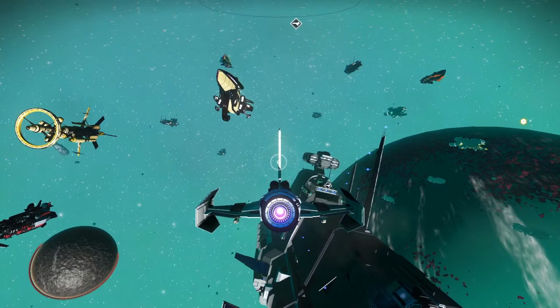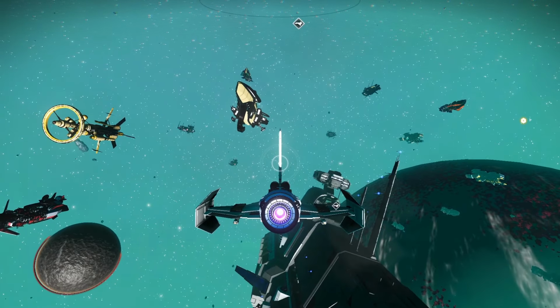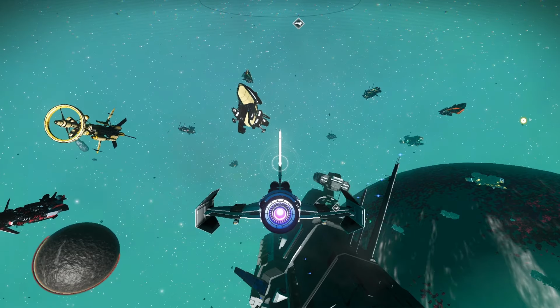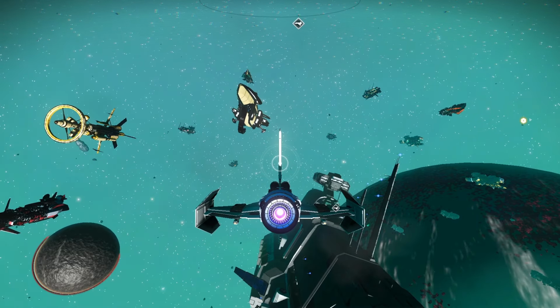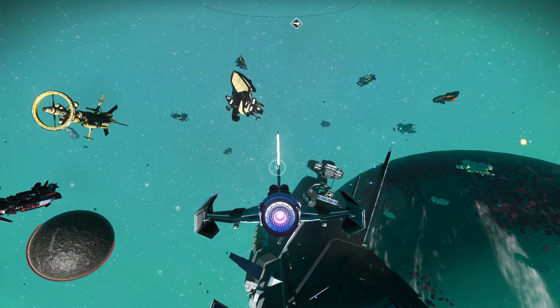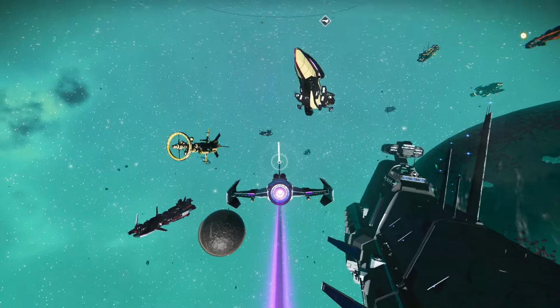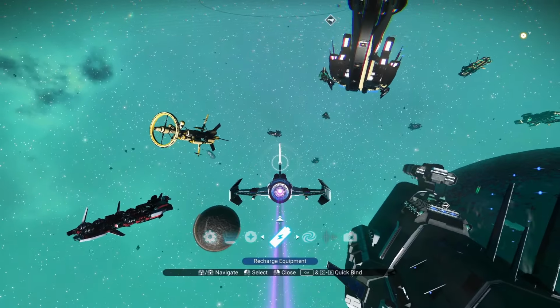Another cool thing too, if you're playing with your friends and you're at their base, you can call in your fleet and you'll actually see the fleet in the air above wherever your friend's base is or wherever you are. So it's really cool. You can just call them right into that orbit. It's really, really neat. Another thing I wanted to note too, if you go to the anomaly, which I'm going to show real quick,